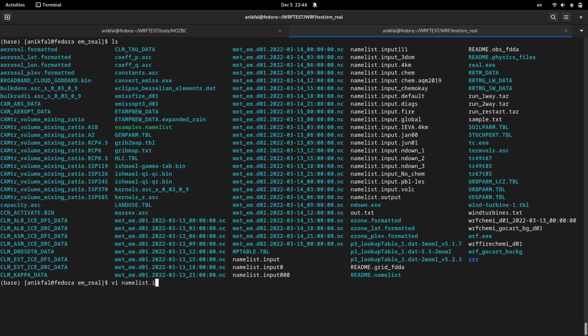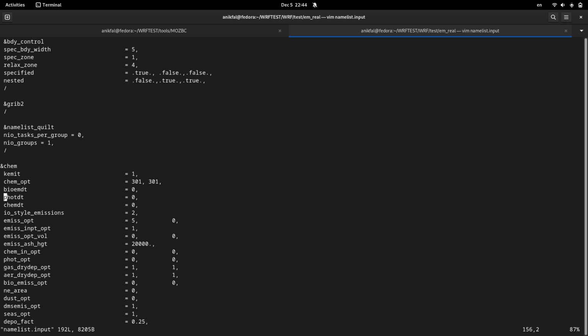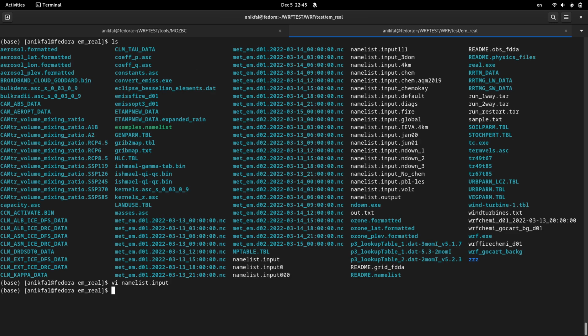Here I open namelist.input. Before running real.exe, let me show you what happens if you disable chemical process here. So for the first time, I want to set Chem option to 0. For the second value, you don't need to touch it because it's just for one domain. So I set chemical option to 0. Now if I run real.exe,